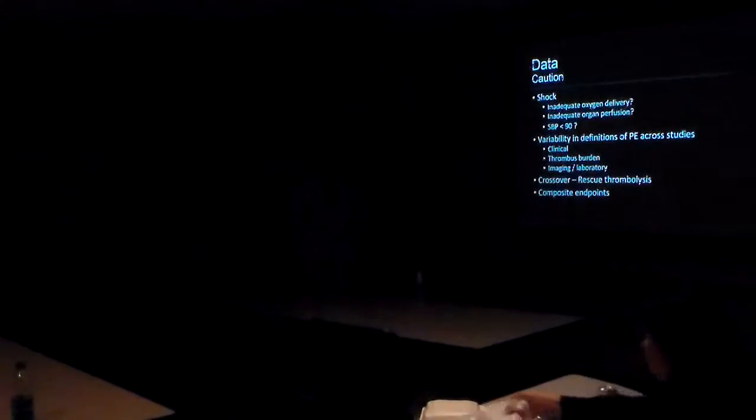And particularly for PE patients, it's probably a better definition than it would be for sepsis or hemorrhagic shock or something, because typically what's happening there is it's cardiogenic shock, so typically it's going to result in some hypotension if it is in fact shock. But again, not a perfect definition.